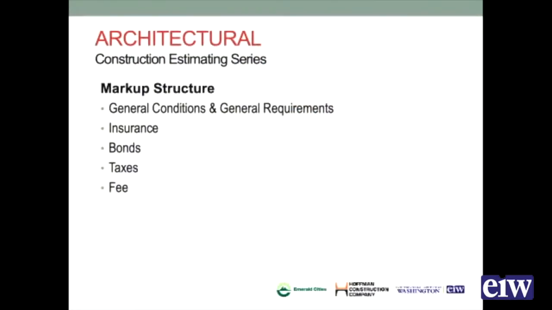And then taxes. In the state of Washington, we've got B&O tax, we've got sales tax. You need to understand where they're applied and where you need to apply the taxes. And then finally is fee. Overhead and profit. What's the job worth